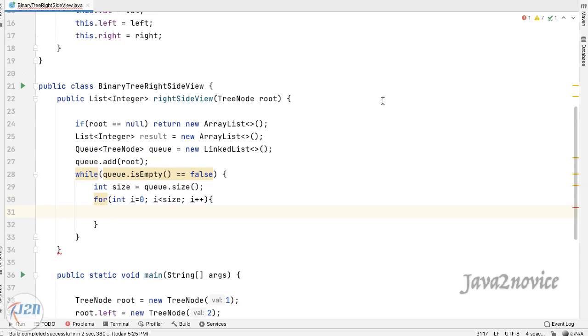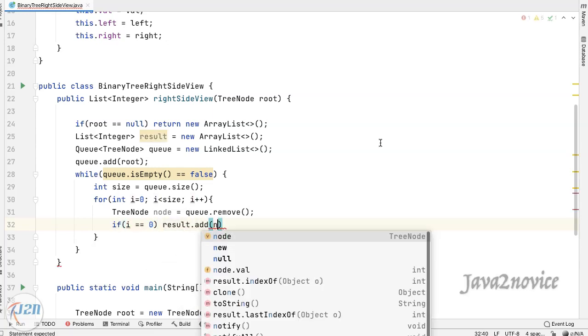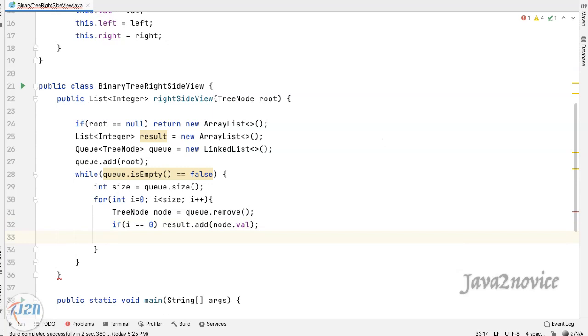Remove one node from the queue. If i value is 0, then we will consider it the first node as right side view node. So we will add its value into result list. Let's add its children.